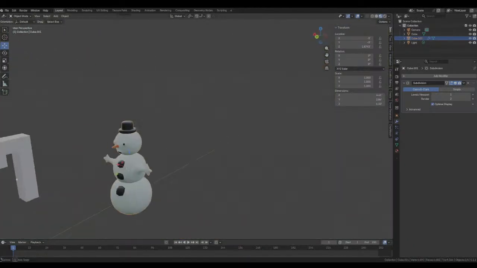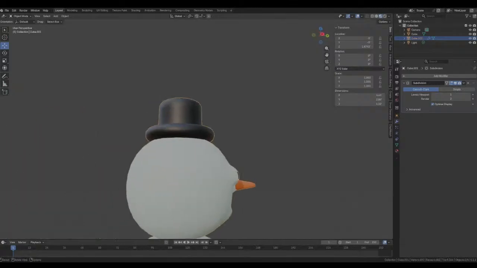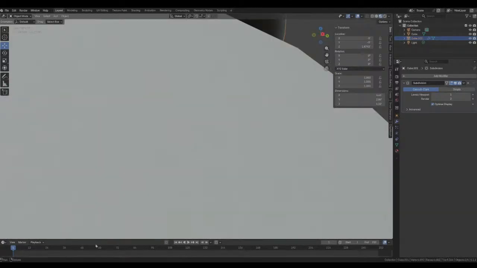That looks 10 times better. Look at that. You probably can't see the difference, but it's really high quality.